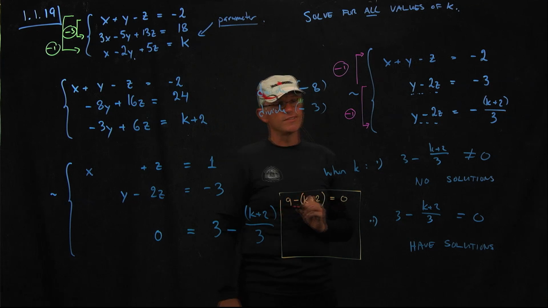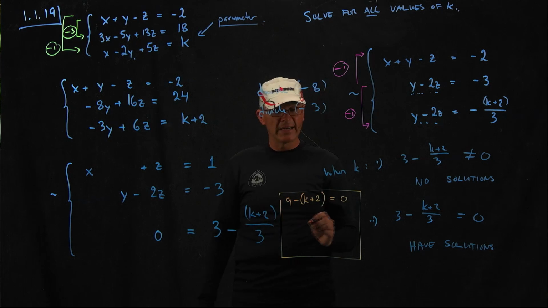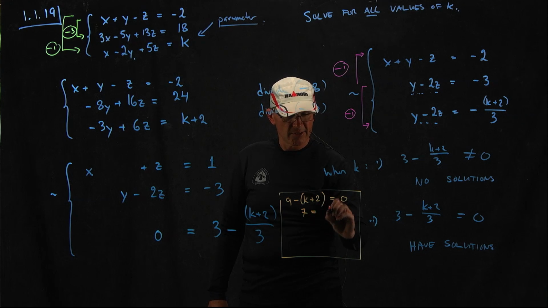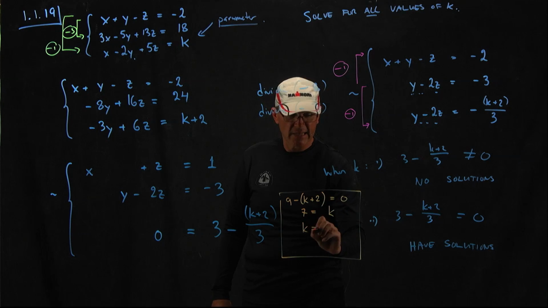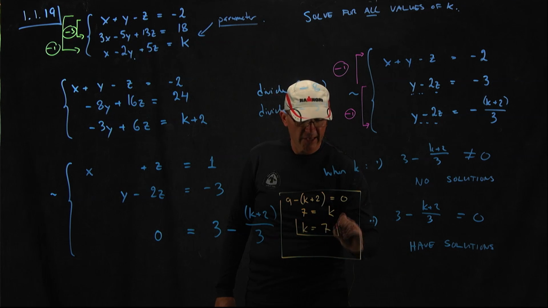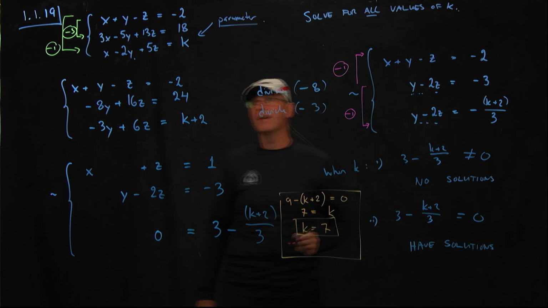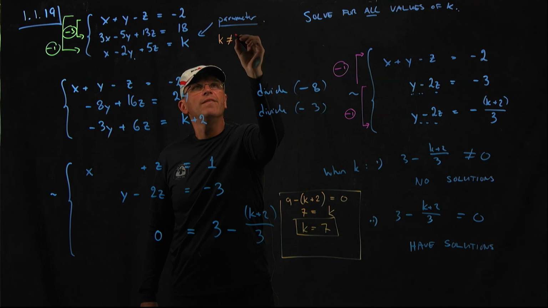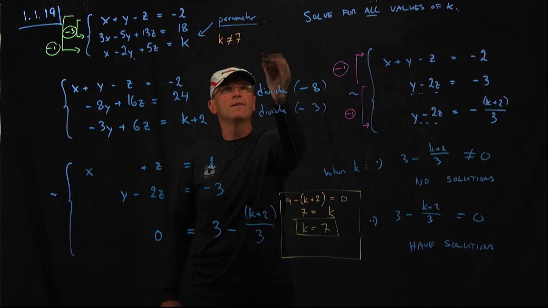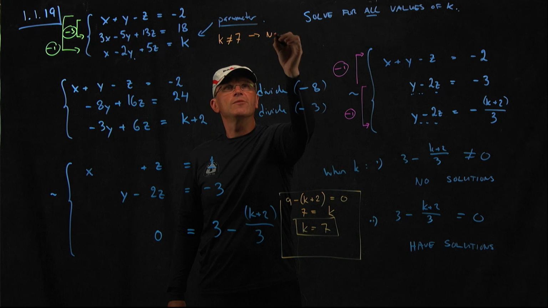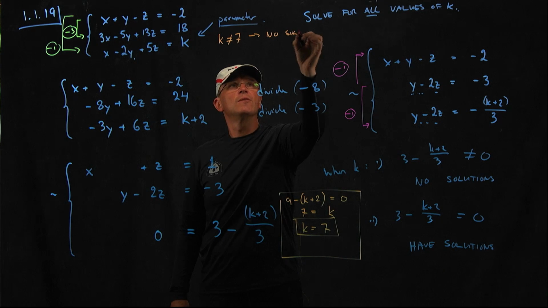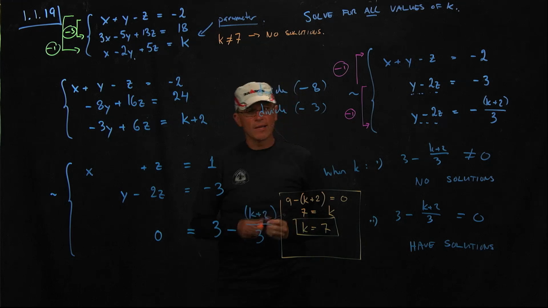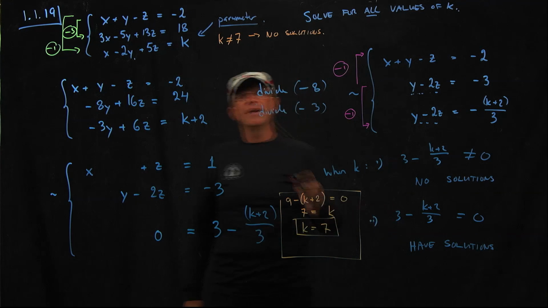Let's have a parenthesis there, so we get things right. So we end up with 7 equals k, or k equals 7 is the critical k value. Right? So if k is not equal to 7, we have no solutions. But when k equals 7,